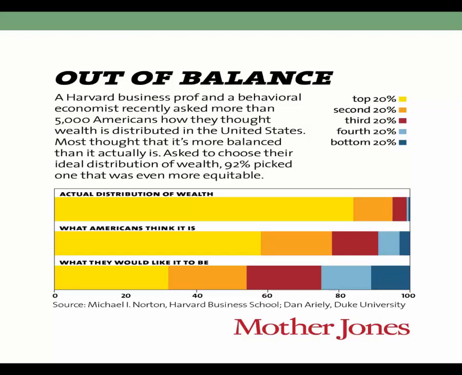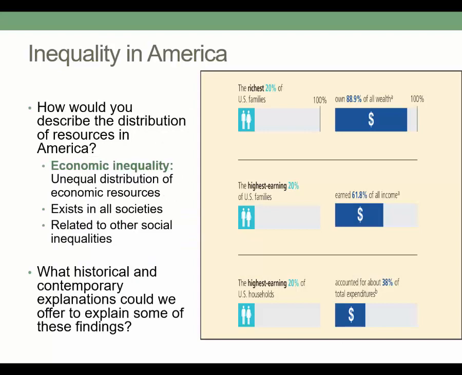To the average person who doesn't study this, isn't having to take a class, there is some sense, of course, that the wealthy have a good deal more assets than the average person in America. But the extent to which that wealth distribution actually is unequal, a lot of people are not accurate in their estimate. And so all of this is just to introduce this idea about economic inequality, that the distributions of resources